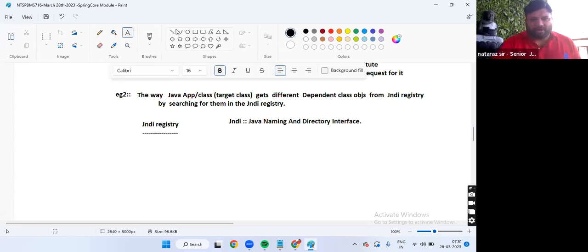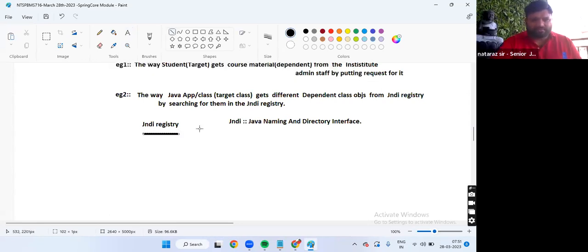Are you understanding my statement, boss? But I want more visibility, global visibility and accessibility, so that I can access that object reference from remote locations, remote applications that are running in different JVMs and different computers. Then I need to place object references in a special place, and that special place is nothing but the JNDI registry.